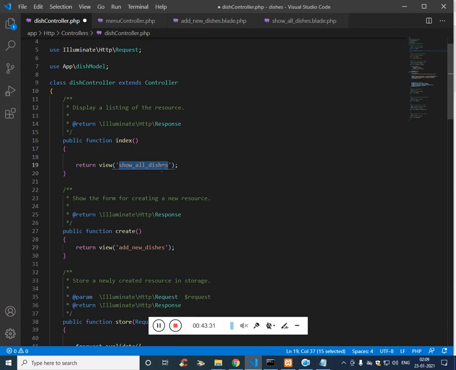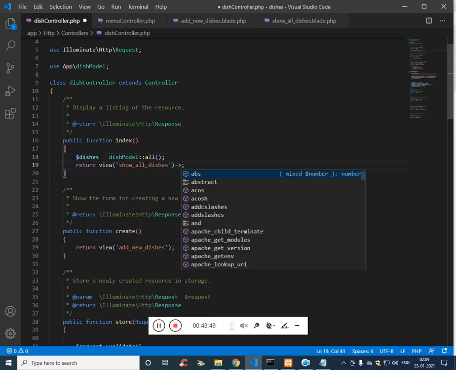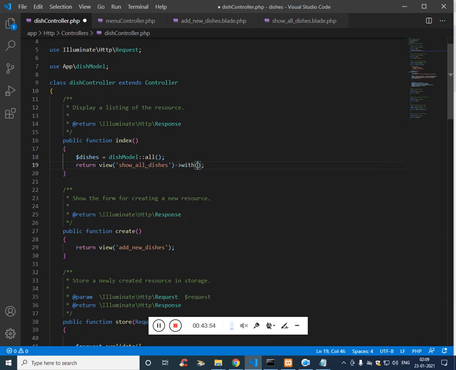So here use the model and get all the values from the database using the function all, and store it into a variable called $dishes. You have to pass this value to the view, the HTML or PHP file, with the function with. The key is dishes, and the value here is simply the PHP variable.